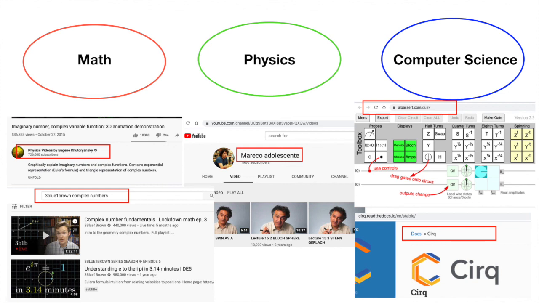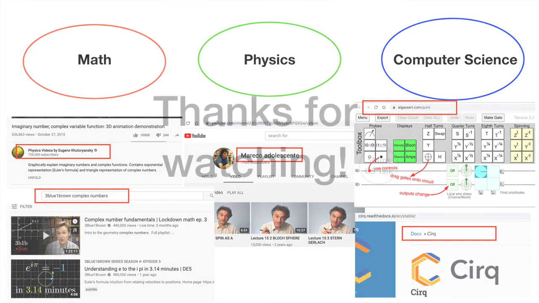For the perspective of computer science, with this Quirk program, you can create your first quantum program by dragging blocks to particular positions, creating several qubits and manipulating them with different quantum gates. Another framework is provided by Google. It is called Cirq. You can use Python to write a quantum program that can run on your computer or on some large machines. It is a simulator for quantum computing, so just try them and enjoy it.